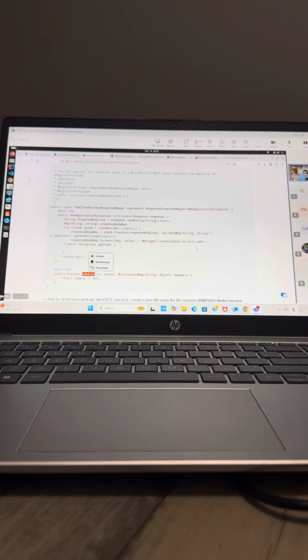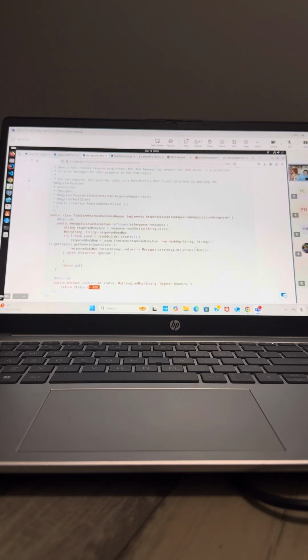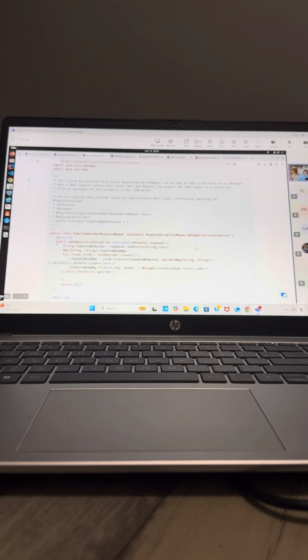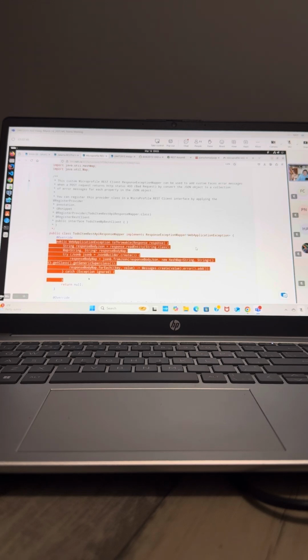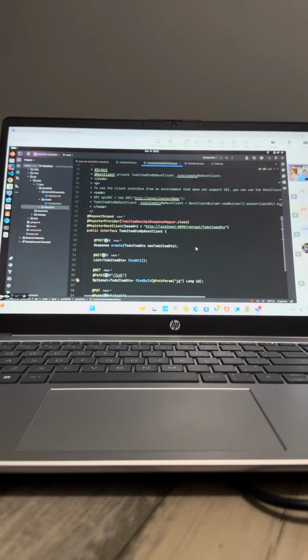So in handles, you specify which status code you want to handle. In our case, we're only interested in handling a bad request. So if a method returns the status bad request, we'll handle that exception. If it's a 400, then it's going to execute this method. So this is what we're going to handle. When we send in